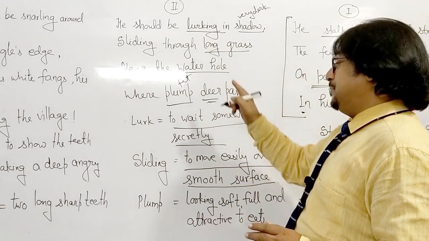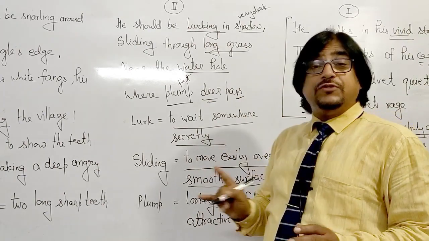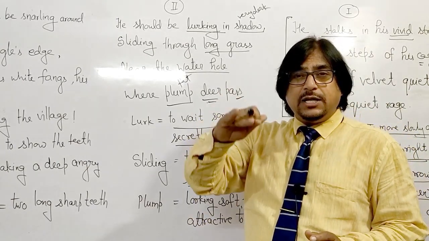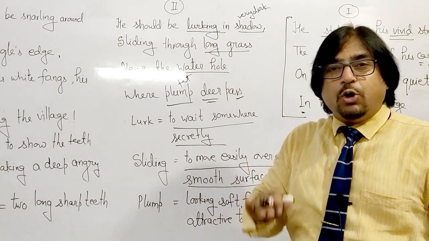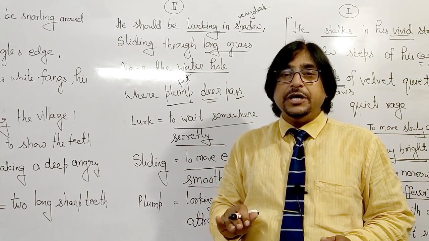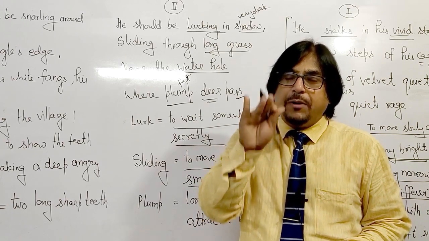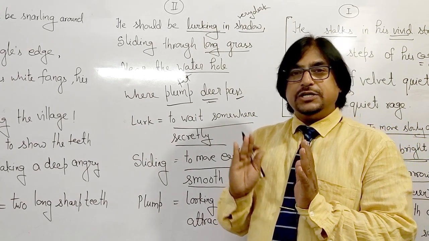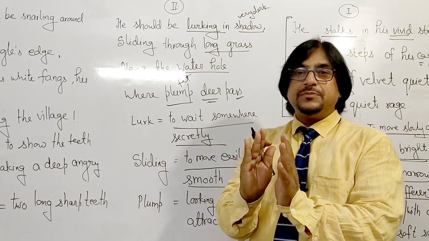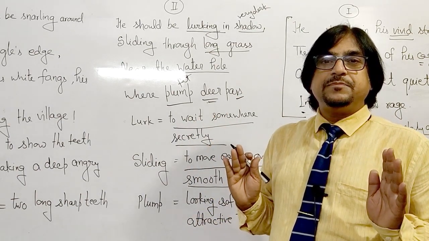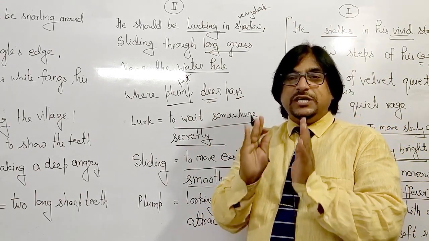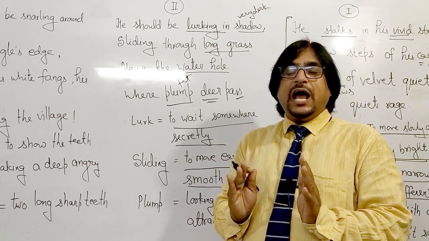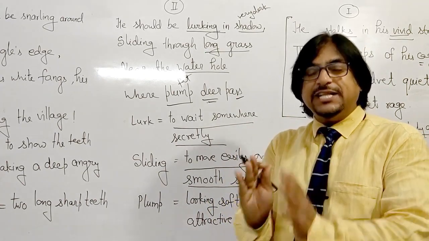So we know very well about that. The favorite prey of the tiger is definitely deer. So at the corner of the pond, at the corner of the waters, he awaits his favorite prey while lurking in the bush. That means he is waiting in the bush for something. He just wants to eat deer. So for that, he is hiding himself there and waiting.